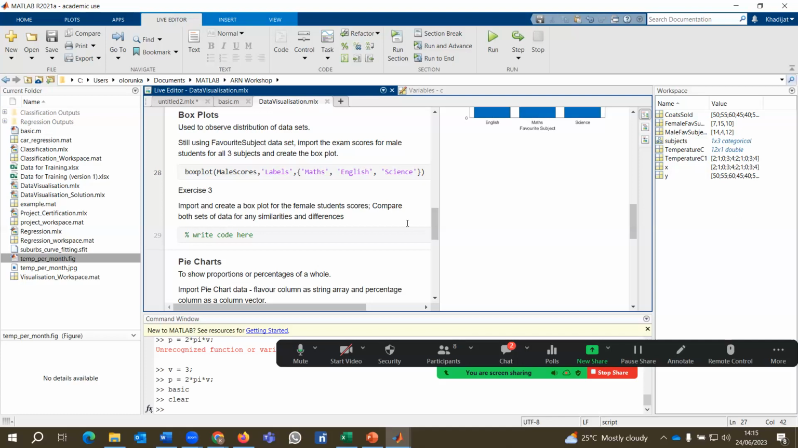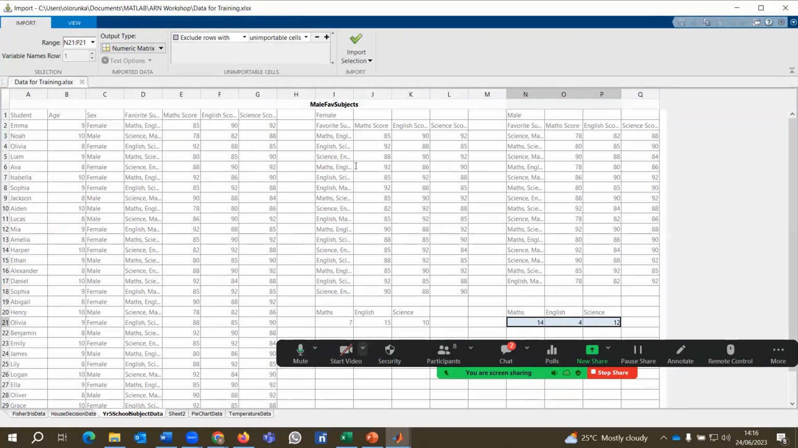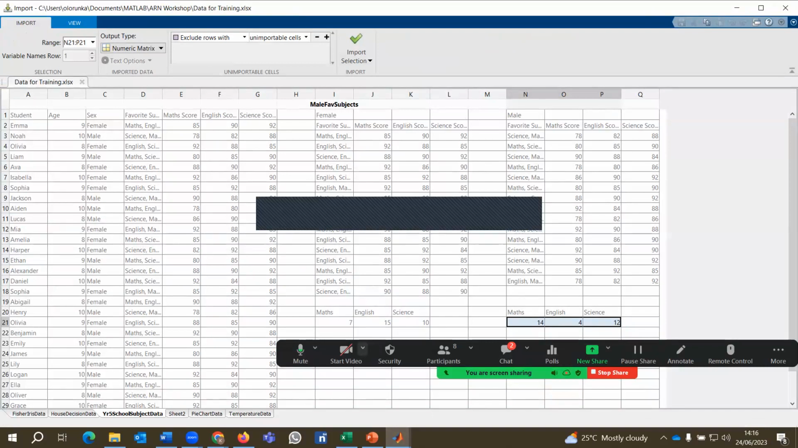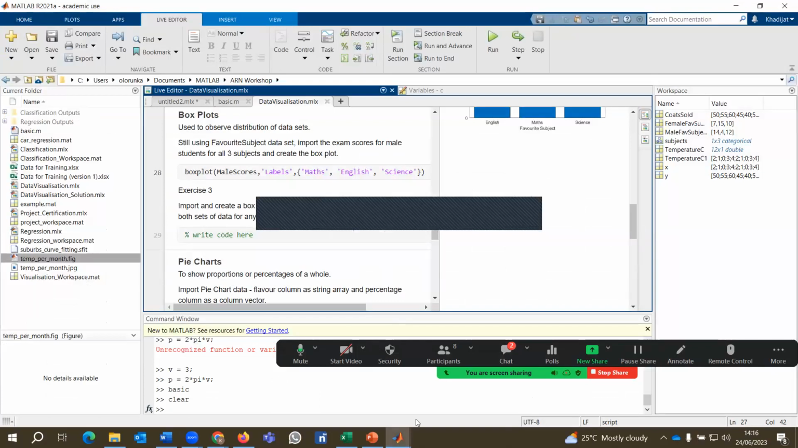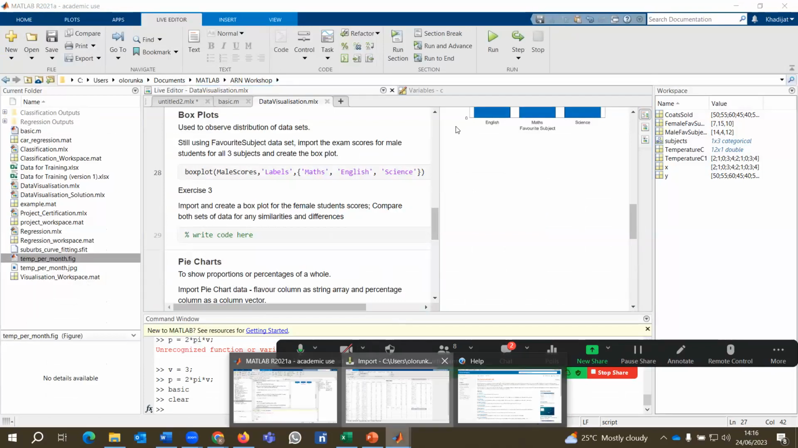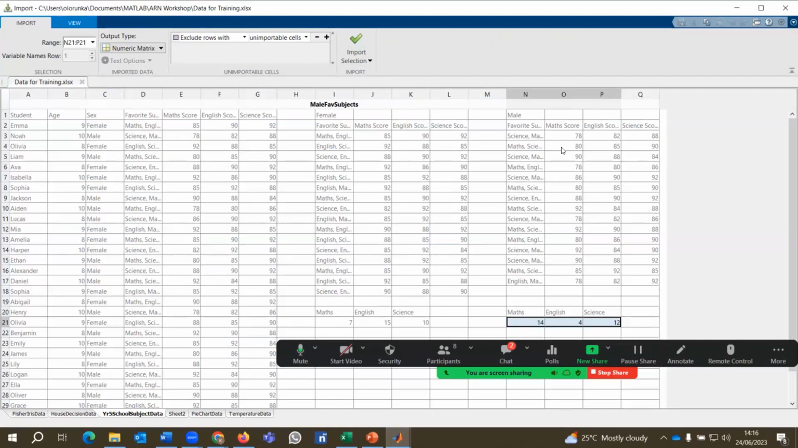and show you back to our import section. So we want to use the favorite subject data set. We are going to import to start with the male scores first. The male scores is this one here on the right. Now we have data showing what those students got from their math, English, and